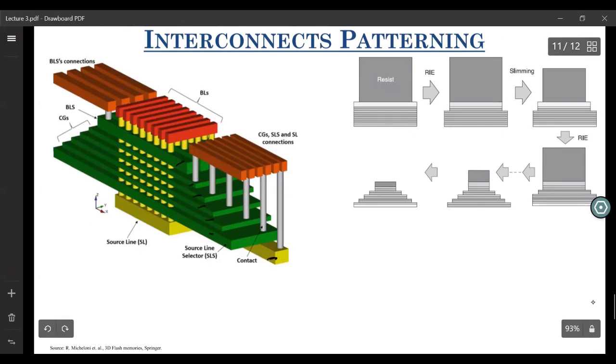So using this staircase structure, they were able to contact these different control gates, different bitline selectors, and the SSL as well as the common source line. And the best part about this process is that it requires only a single lithography step.